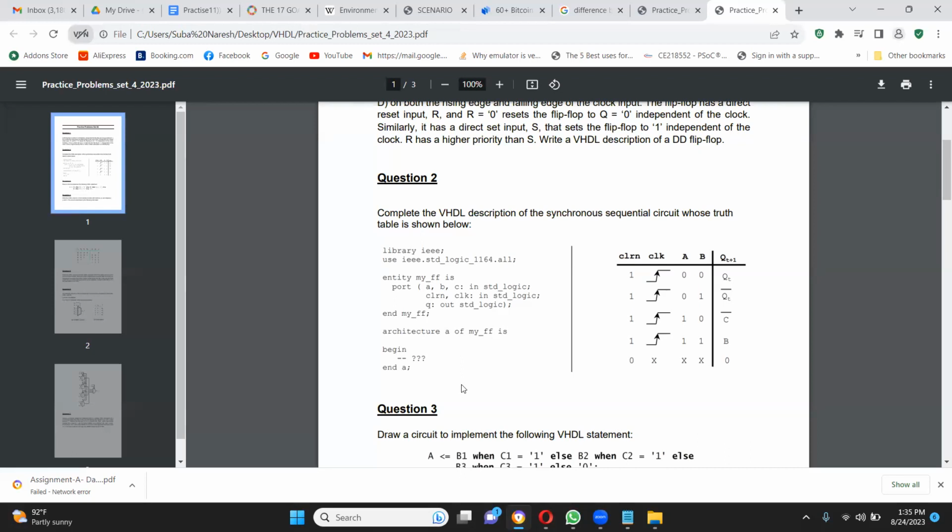If A equals 1 and B equals 1, Q is equal to B, isn't it? Yes, right. So semicolon, and so the last condition is if A equals to